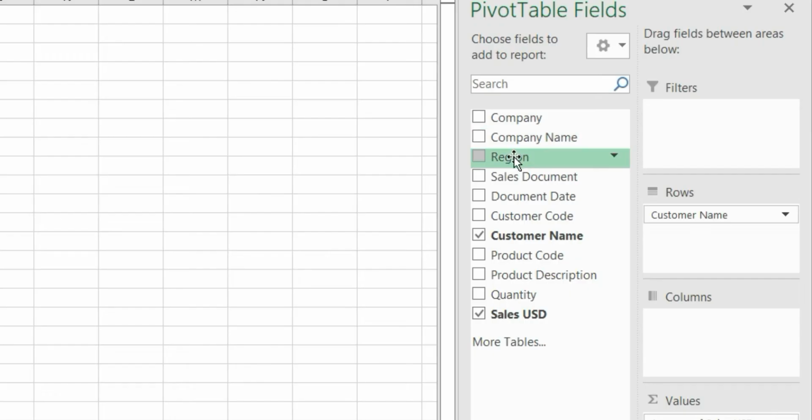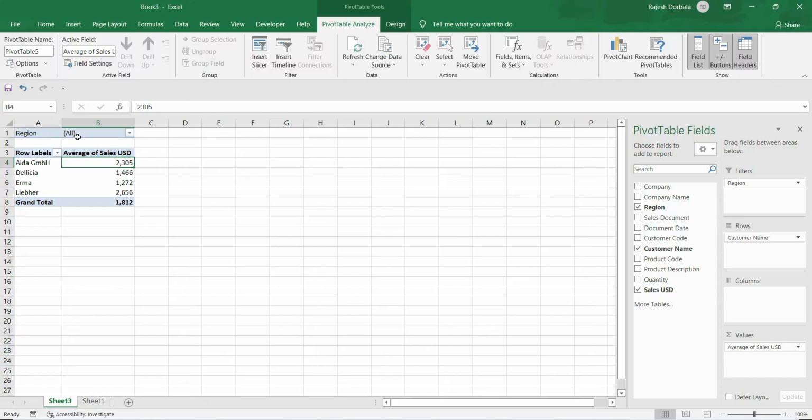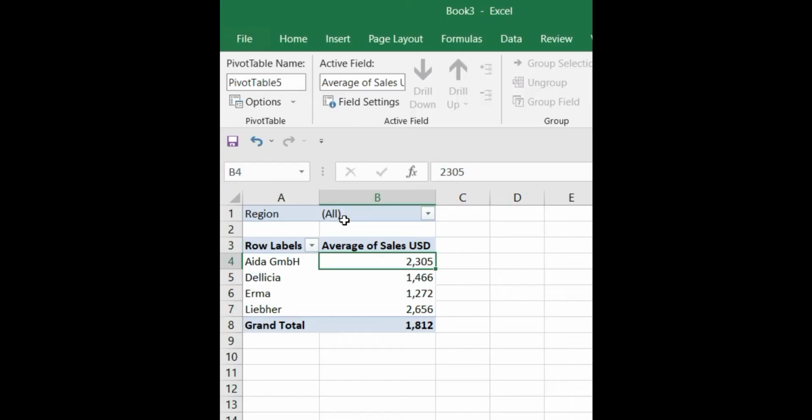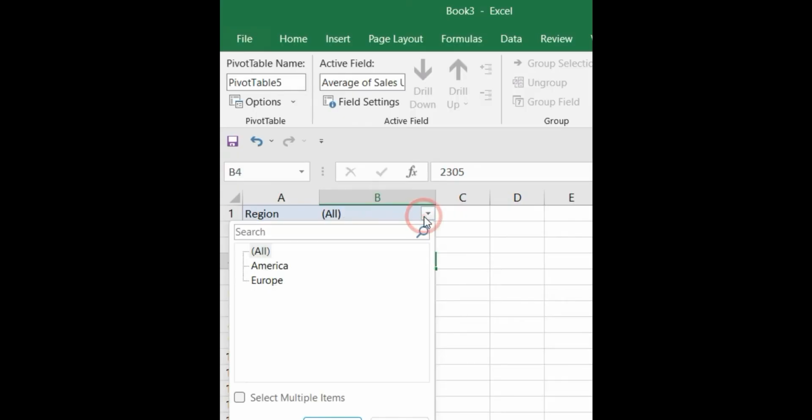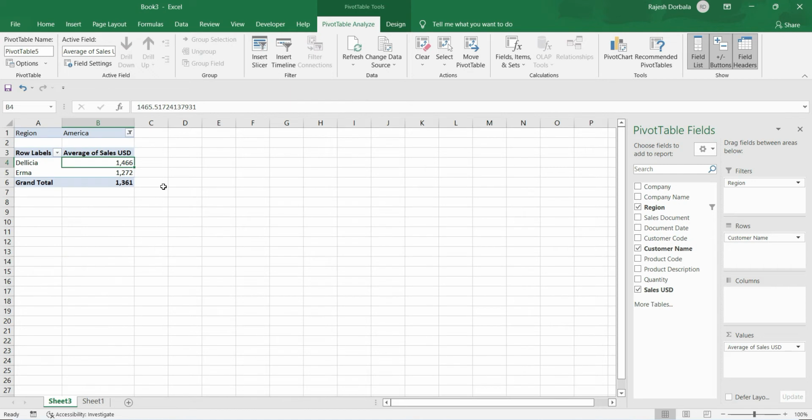I have this region, drop it into filters. Now you have a filter which is created over here, and right now it's all. So whatever the filters are there, all of them have been included. But if I wish to go and check only America, so select America and click on OK. So this is the report